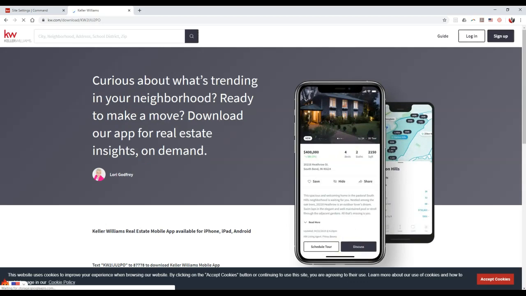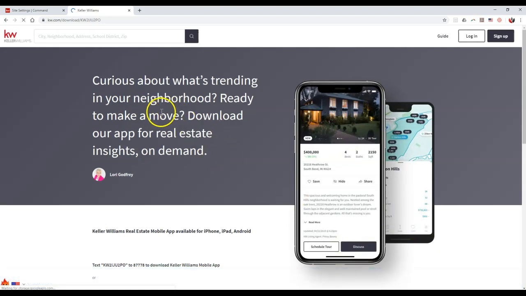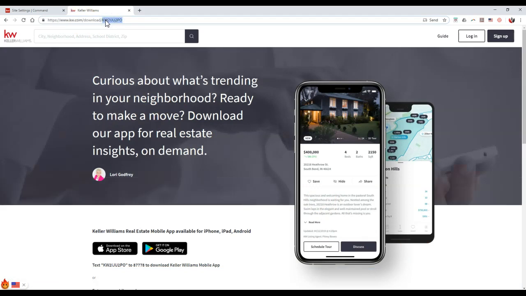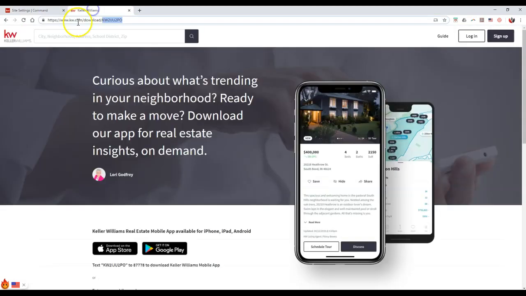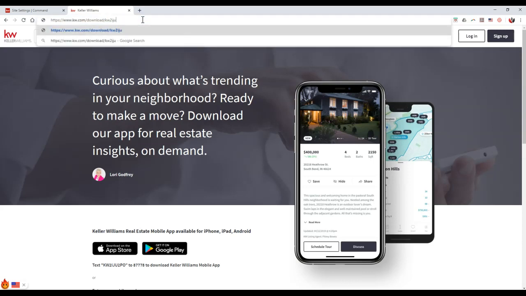Now, one thing to note that I have noticed over here, and other people have noticed and shared, is that if you are sharing your app, you'll notice the app.kdb.com/ and your prior code does change to kdb.com/download/ and your code again. So that's perfect on here. But one thing that people have noticed is if you happen to have it all capitalized, it'll show your branding on here. But if you don't capitalize it,